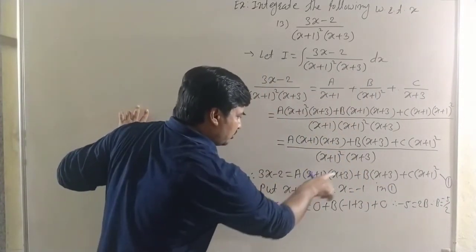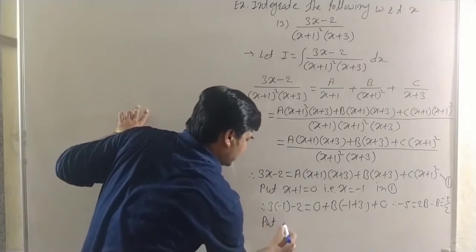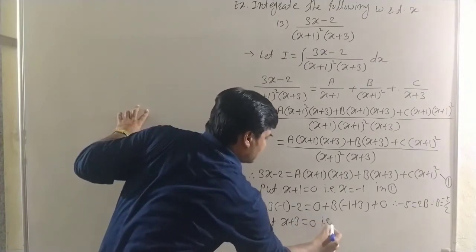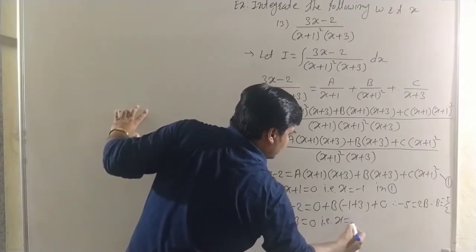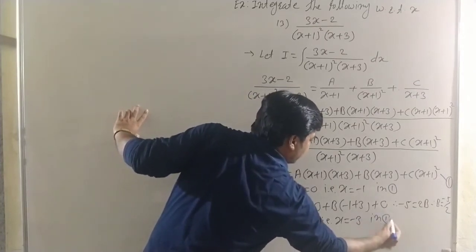When we put x plus 1 equal to 0, now we put x plus 3 is equal to 0, that is x is equal to minus 3. Okay, in equation number 1 we get